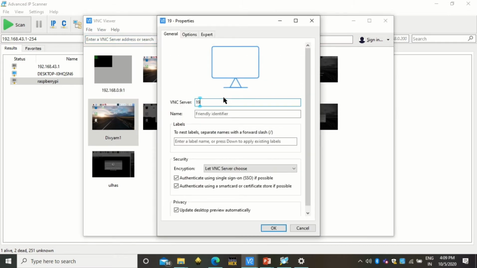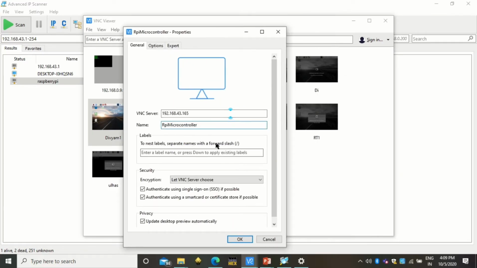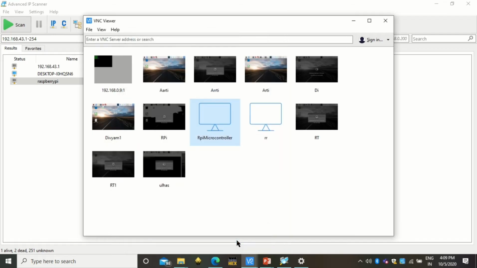Here you can write that IP address, 192.168.43.165, and here you can give any friendly name. This can be any user defined name. I have created many such instances, so I'm using this as a new name for my Raspberry Pi controller.